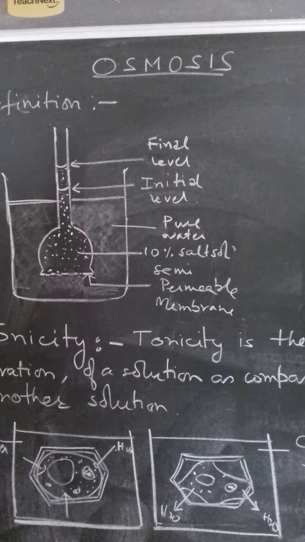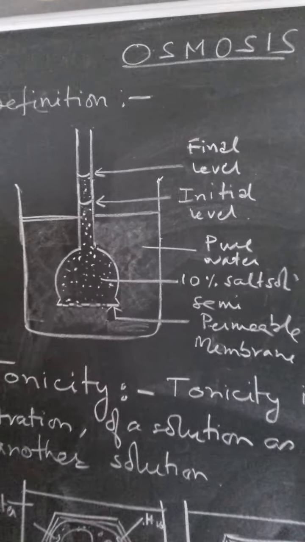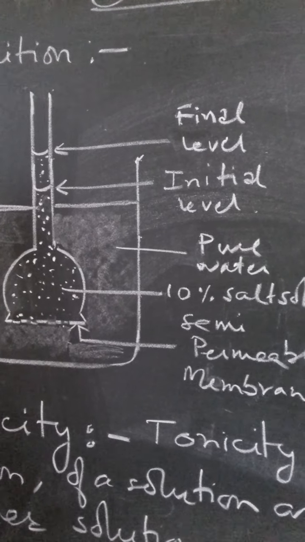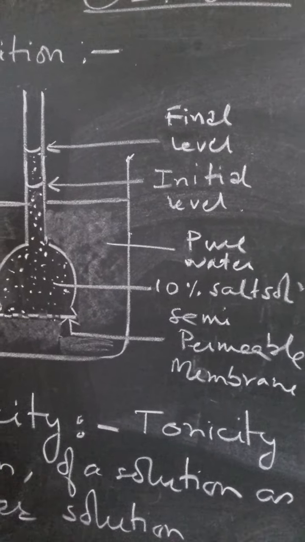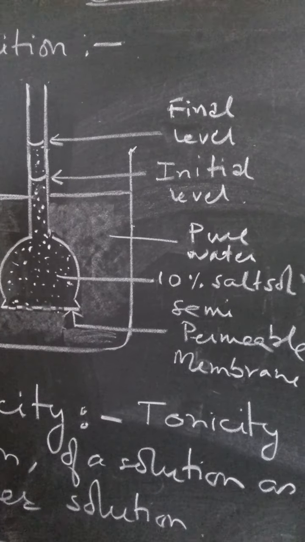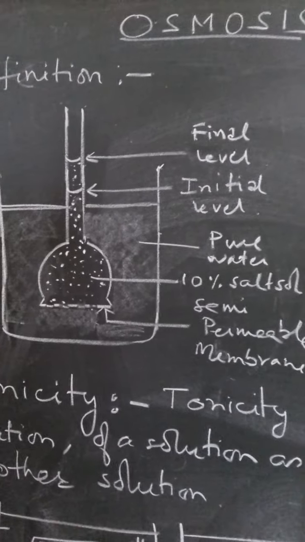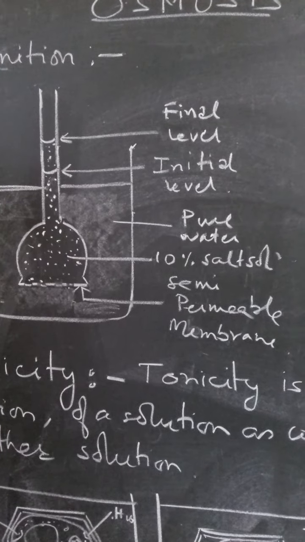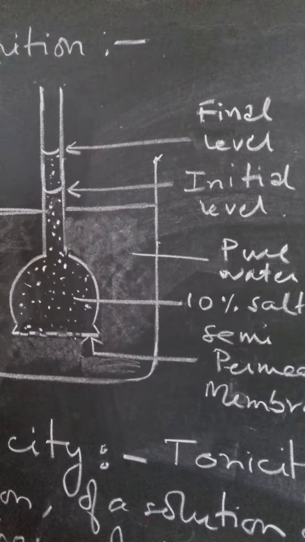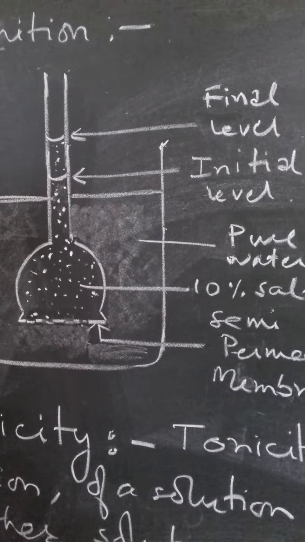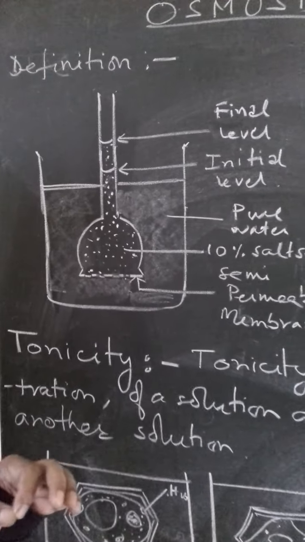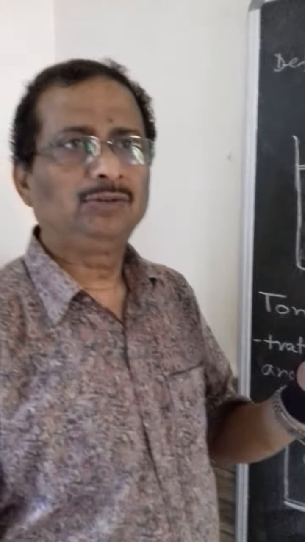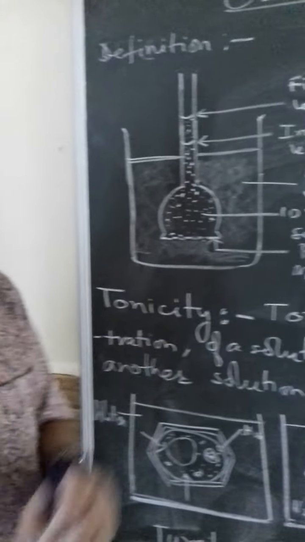In osmosis, define it as the movement of solvent molecules from the region of their higher concentration to the region of their lower concentration through a semi-permeable membrane. Or in other words, the movement of solvent takes place from a less concentrated solution or a pure solvent to a more concentrated solution through a semi-permeable membrane. Please remember that this word, semi-permeable membrane, is very important. If you fail to write that, you are going to get 0 in 10th standard.